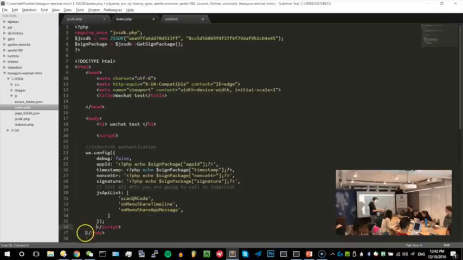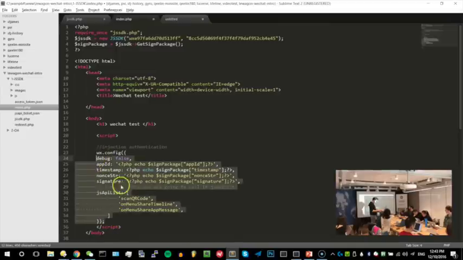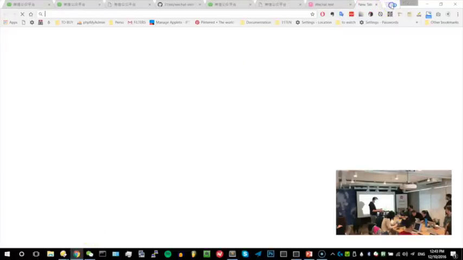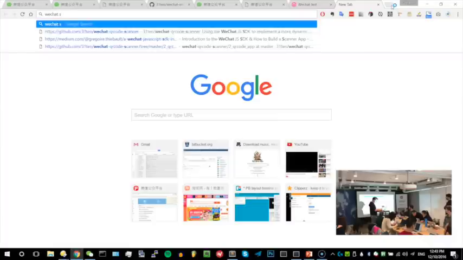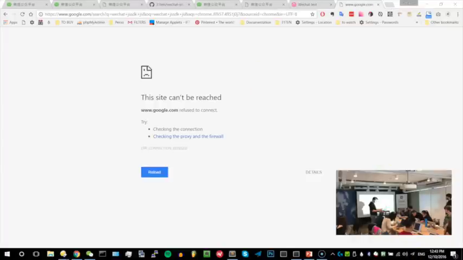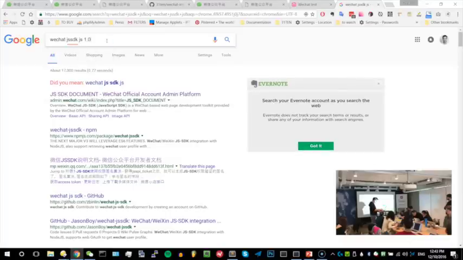Okay, and I think it's missing the library. I think it's missing this one. Okay, yeah, that's good. It's missing the library. How to do that? JS-SDK JS, 1.0.0.